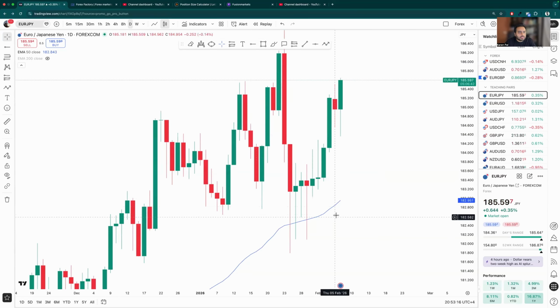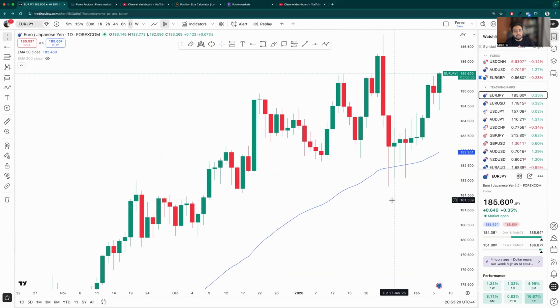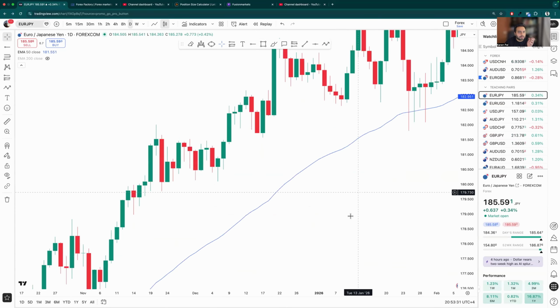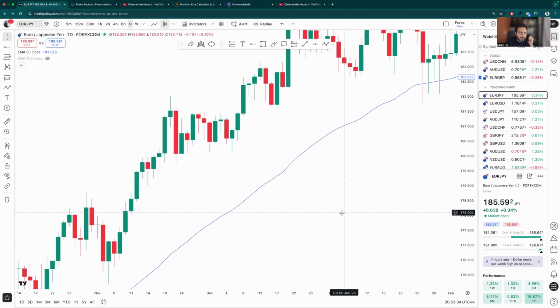Make sure you draw this, practice this a lot, because this is important. If you don't do this, you'll never be able to understand these basics clearly. Practice is what is going to make you perfect at this. So make sure you practice this a lot. Do keep doing this and make sure you spend a lot of time with your charts.